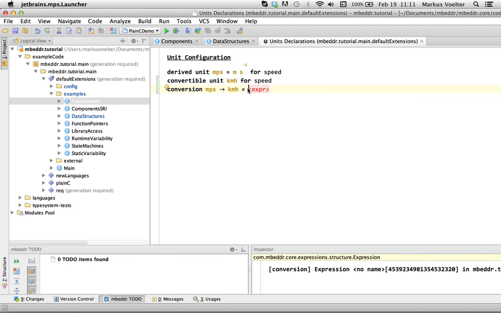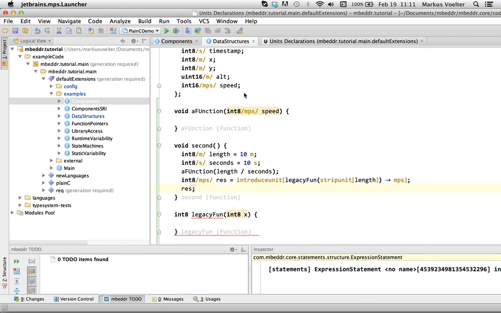And I'm actually not quite sure, but it is, I think, the meters per second divided by 3.6, perhaps. And so, in other words, now if you have a value with meters per second and you want another value in kilometers per hour, then, so let's see,